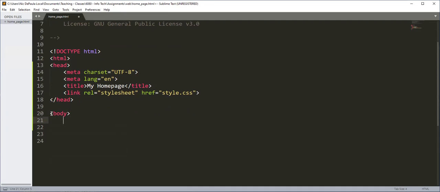Now, within the body, we're going to have a header. I'd like to include a header in mine. You don't have to have a header, but a header is really nice and kind of common in a lot of basic pages now. And in this header, I'm going to have an image. It's going to be a little profile image. So the source is going to be the images folder, and then